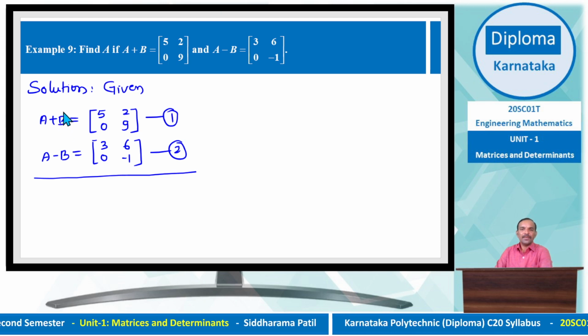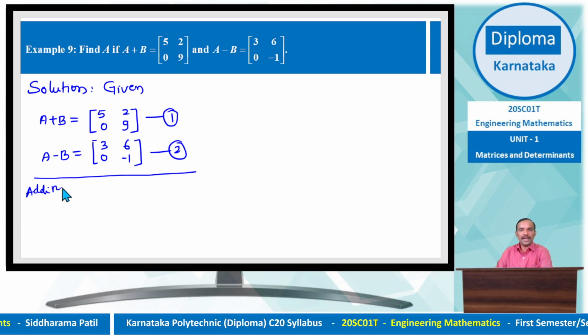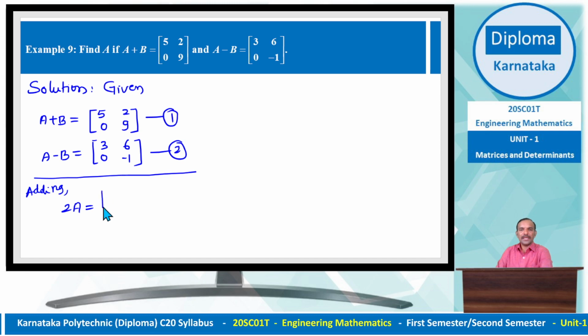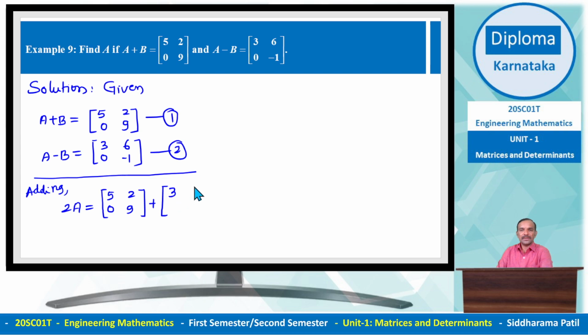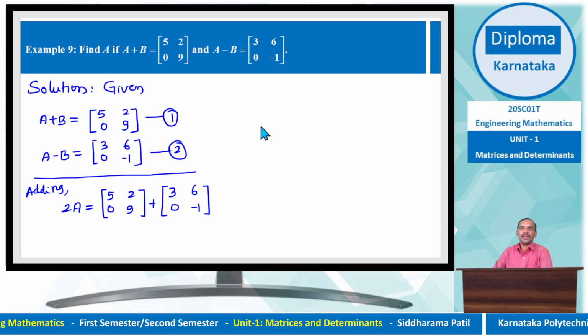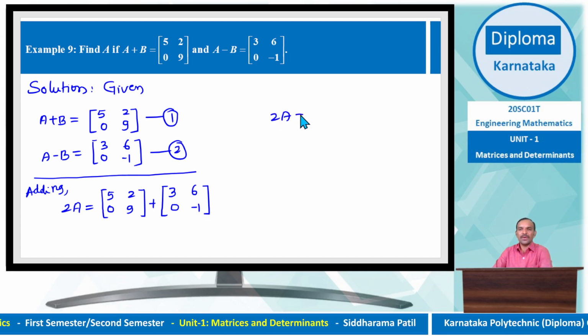If you add, b cancels, that is, it becomes 0. Actually it doesn't cancel, plus b minus b becomes the 0 matrix. a plus a is 2a, so 2a. On this side, matrix addition: 5, 2, 0, 9 plus 3, 6, 0, minus 1. Then 2a is equal to